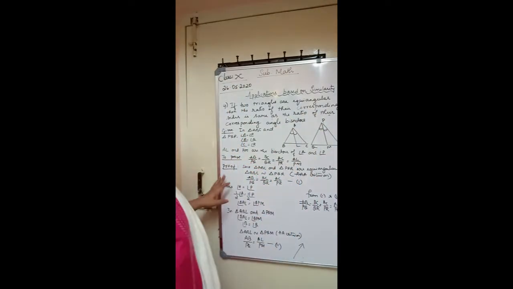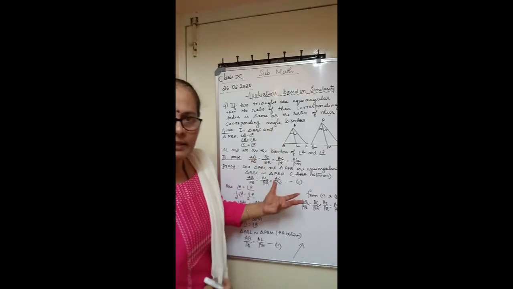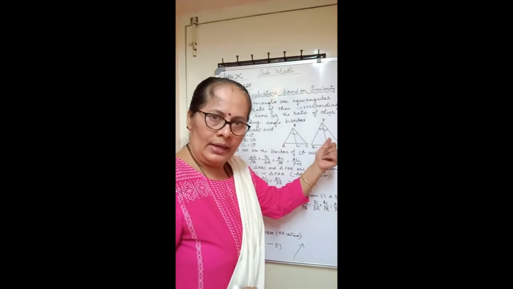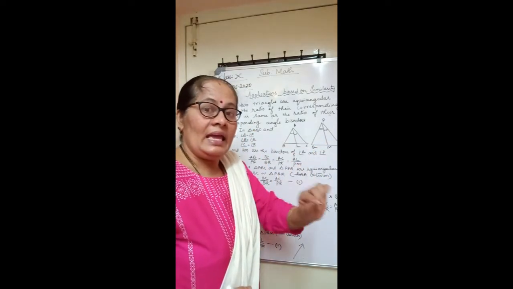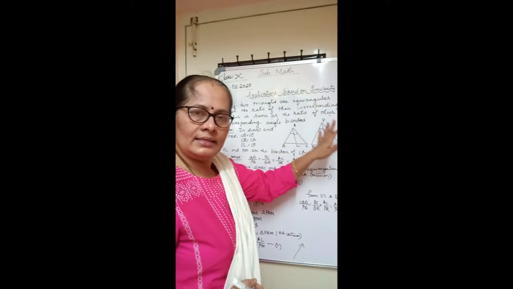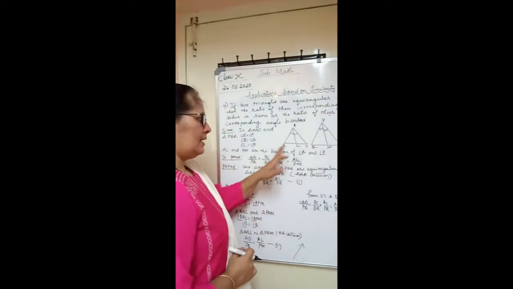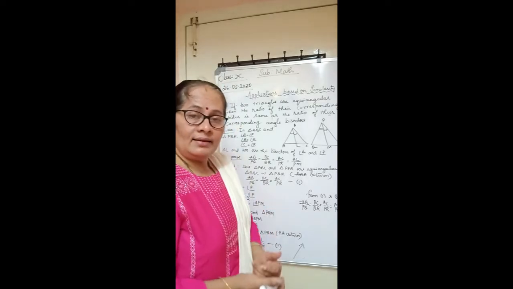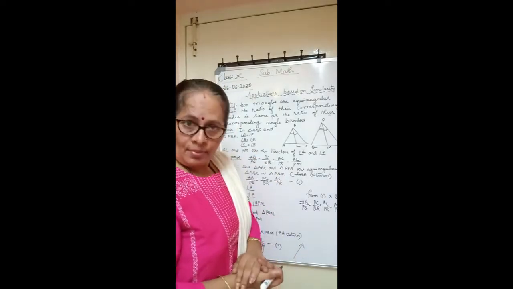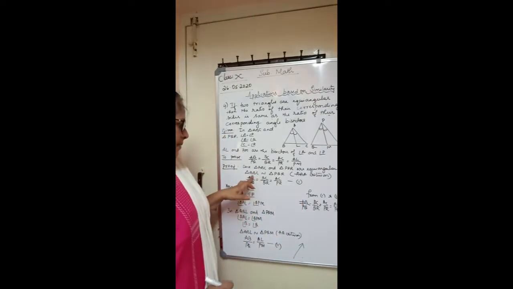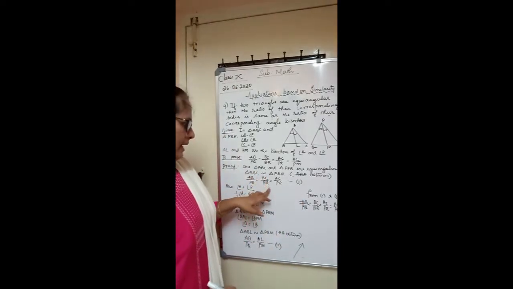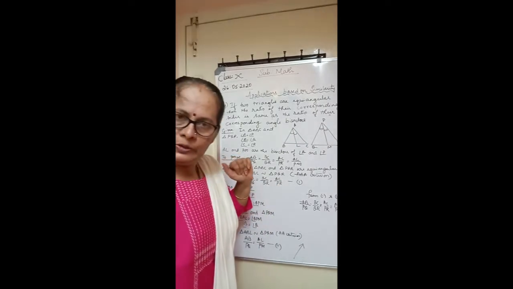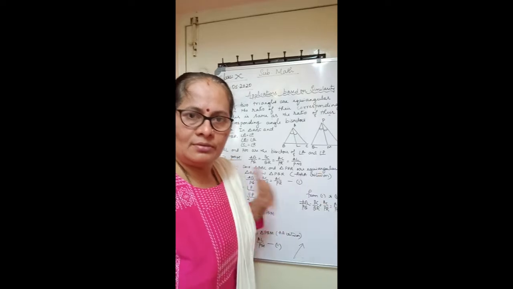Now to prove this, from the given we'll start. Two triangles are equiangular. When the two triangles are equiangular, that is by AAA criterion, the two triangles are similar. So triangle ABC is similar to triangle PQR. When the two triangles are similar, again their corresponding sides are proportional. So AB by PQ equals BC by QR equals AC by PR. So corresponding sides are proportional. Take this as equation 1.